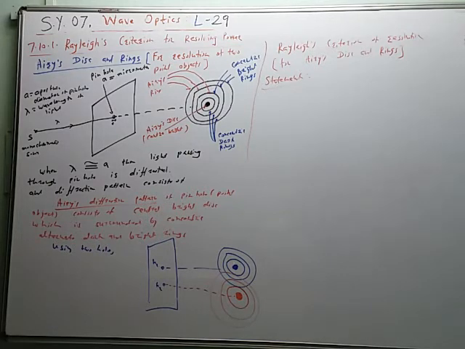So now if we are using two holes instead of one hole, then each hole will produce the Airy diffraction pattern. So these two patterns are shown. This blue color pattern is produced by hole H1, this red color pattern is produced by hole H2. Now if we change the distance between the two holes H1 and H2, then these two patterns will also change their position. If the distance between H1 and H2 is decreased, then these two patterns will come close, and the criterion given by Rayleigh is satisfied like this.